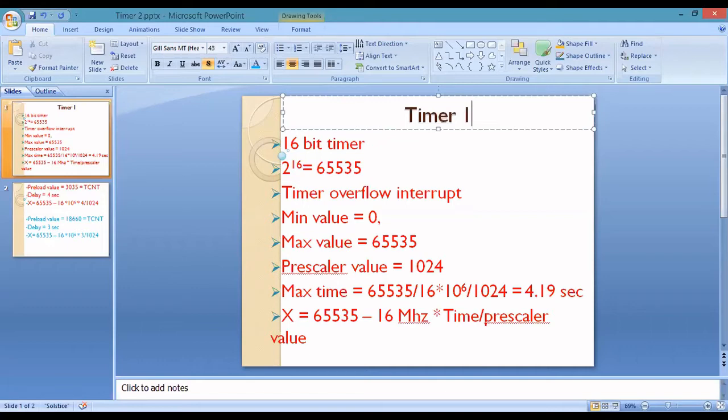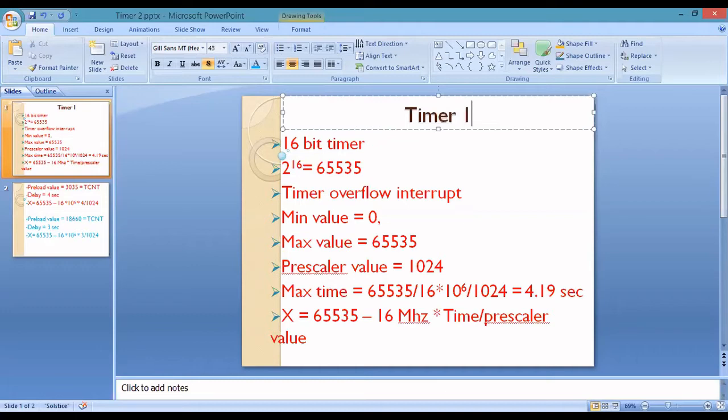We can also do it like this: every clock pulse, or every 8 clock pulses, or every 16 clock pulses, or every 64 clock pulses the timer gets incremented. That is called the prescaler value.